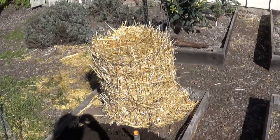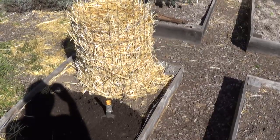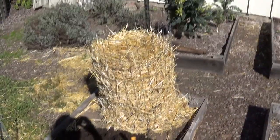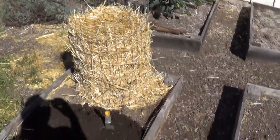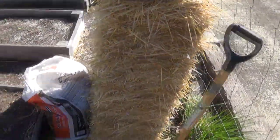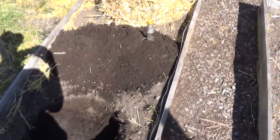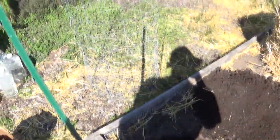So today's project is potato towers, a really efficient and economical method of farming potatoes. It's also very convenient, and what you're going to need for this project is some hay, some compost, some dirt, a sturdy post, some baling wire,